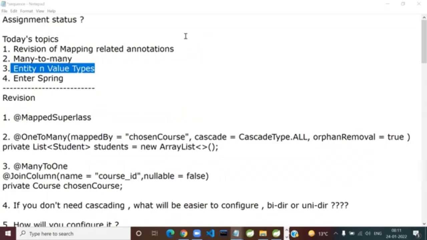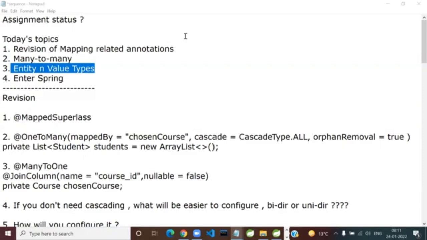Here I'm going to take student has an Aadhaar card. Can the Aadhaar card exist without the owning entity such as student? It's a Boolean question. The answer is no. So what type of association will it be? You can say composition or aggregation. Of course, composition. In core Java, we used to say that no third party code should be allowed to create the instance of the Aadhaar card without the enclosing entity, such as student.